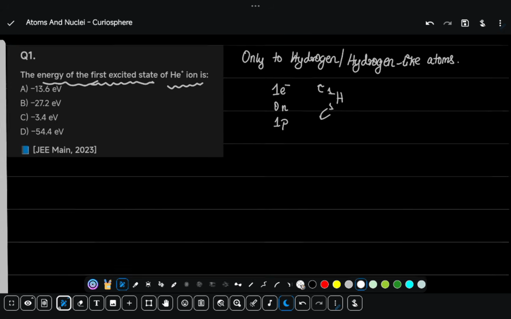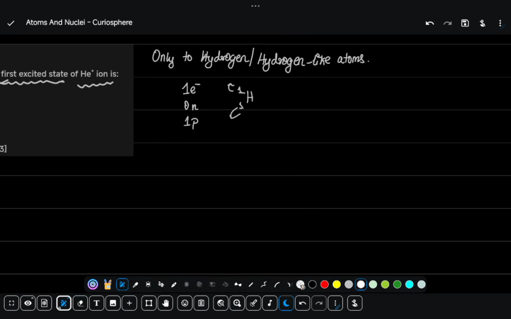Okay, and what about a helium plus ion? What is a normal helium atom? It is depicted by 4, 2. What is this actually? It is the mass number. This is the atomic number. Now mass number is nothing but the number of neutrons plus the number of protons, which is 4. In a helium plus ion,